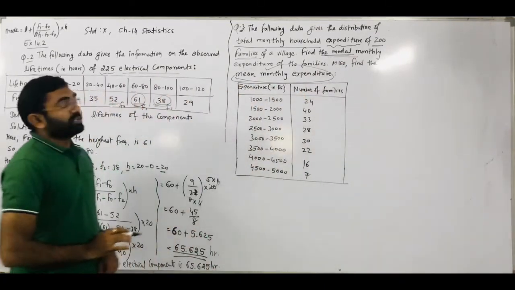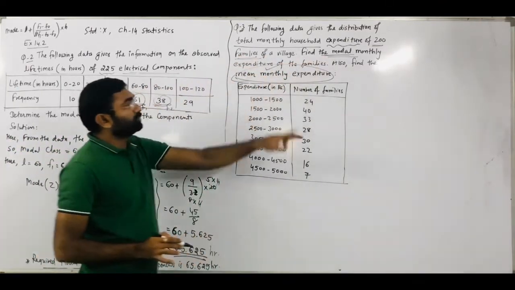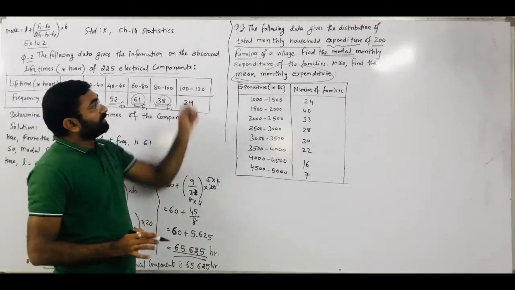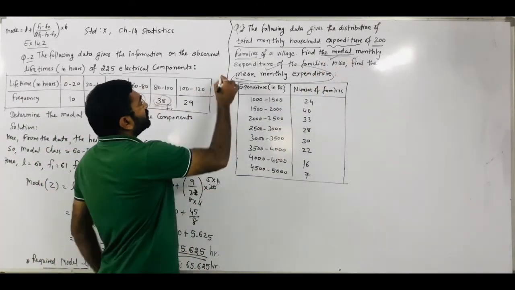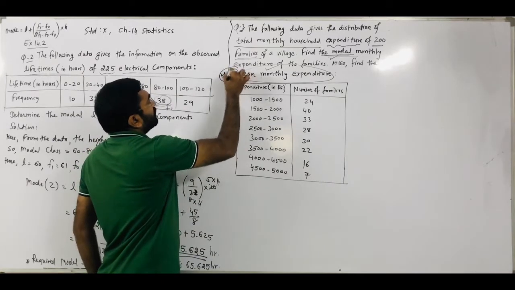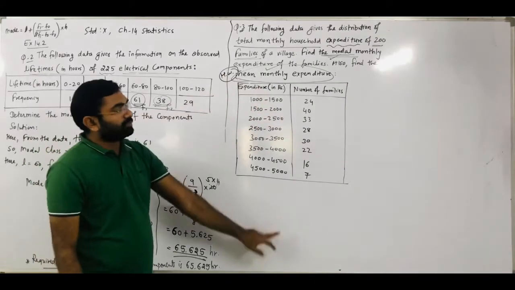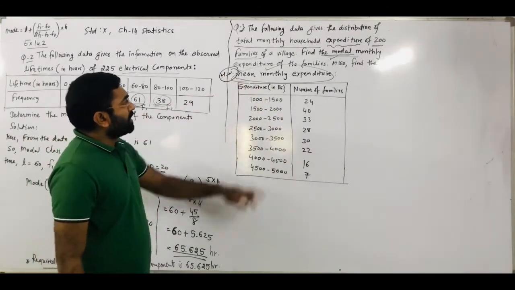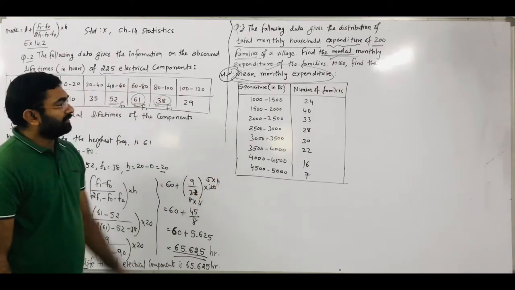Okay. See, in question number 1, we defined both things, mode and mean. Those two things we found out. So in this question, right now we find out the mode value. The mean value you have to solve in your homework. We already discussed it in question number 1. The mean value of this given observation you have to find out in your homework, and the modal monthly expenditure we are finding out right now.